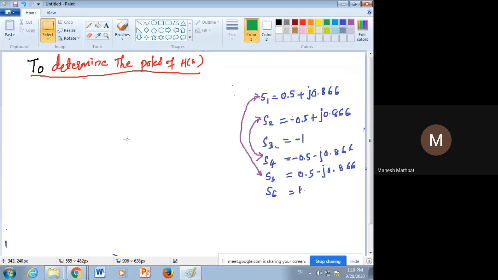You just call it figure A. Full stop. It is found that